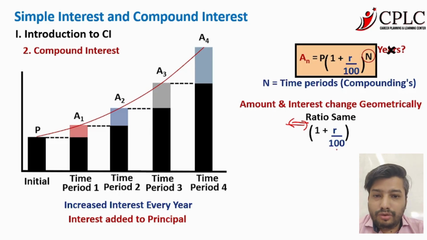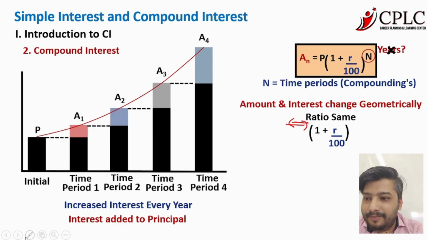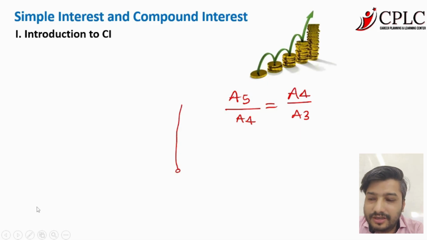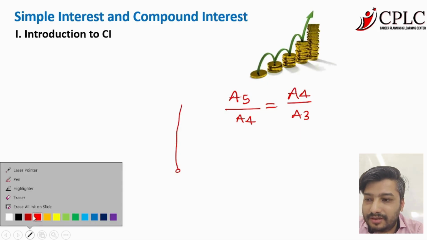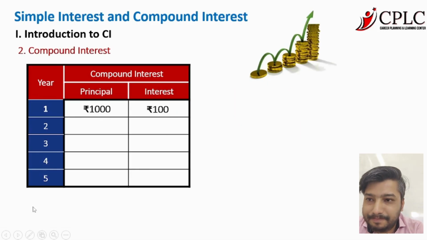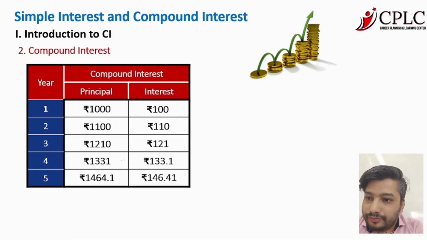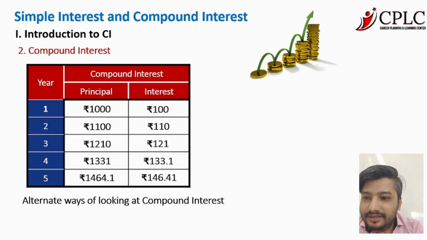So any random ratio is the same; it is going to be the consecutive amounts' ratio that is going to be the same. So these are the things related to compound interest, in terms of basic philosophy, that you need to remember. Now, moving on to the next idea, which is alternate ways of looking at compound interest,